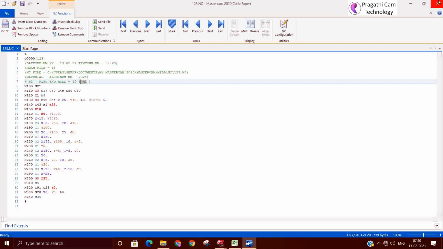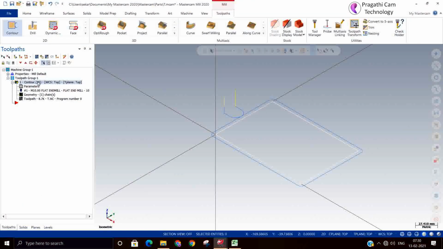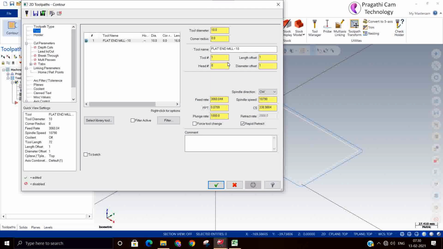Now we understood what the tool offset number and length offset number are. What is head here? This head is generally not used here. It is used where more than one head is used; in that situation they use the head option.